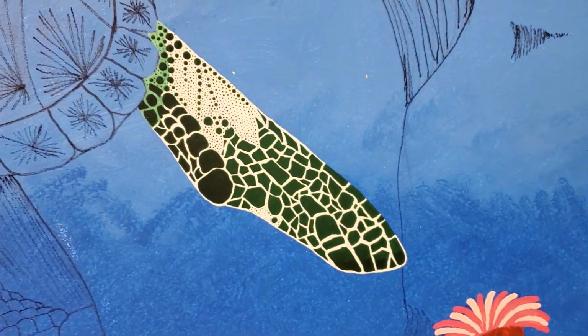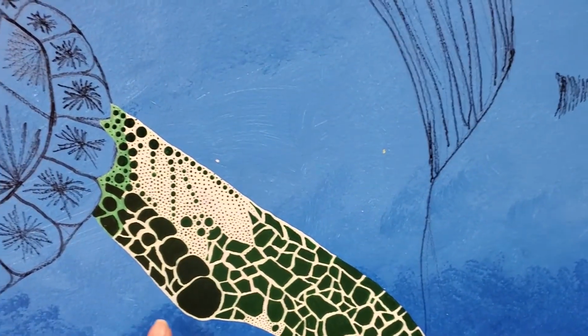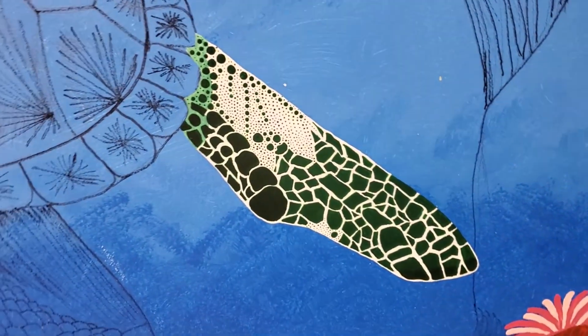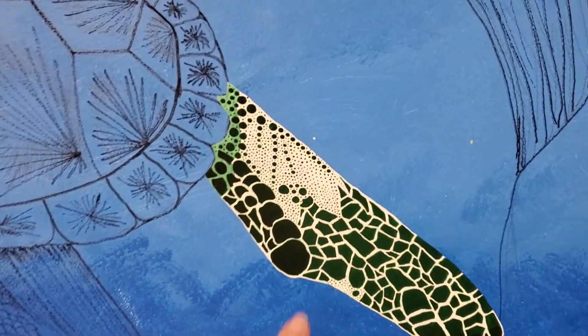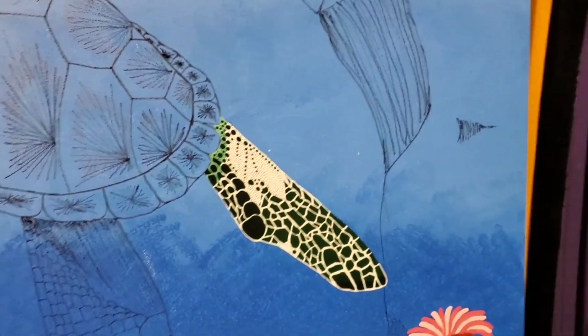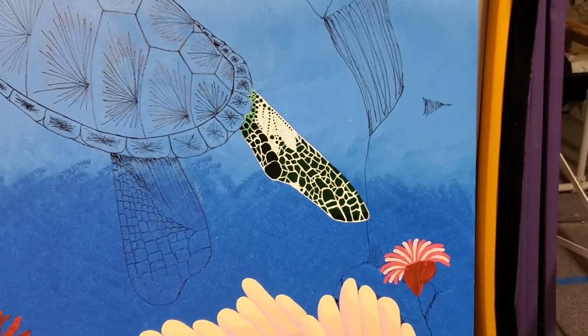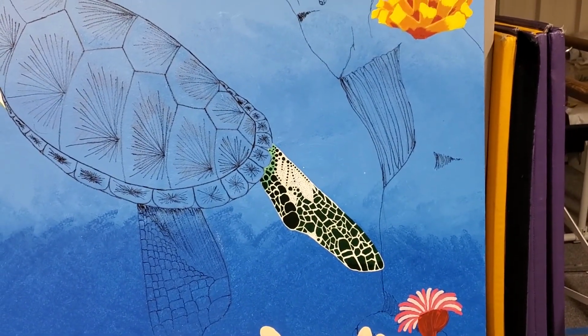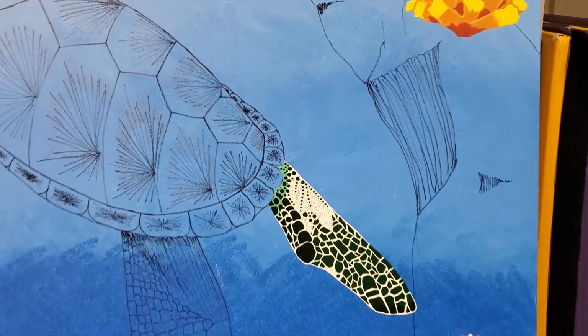You can see where the bottom portion of this flipper and the bottom portion here is shadowed because it's not pointing towards the sun, and all of this is quite bright because it is up towards the sun. That shadow and or optical illusion is there. It's crazy because even when I drew him,